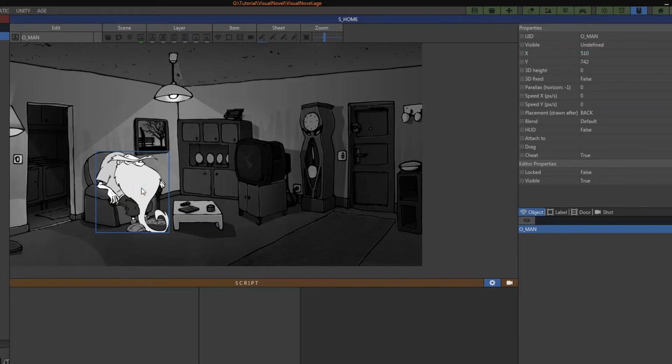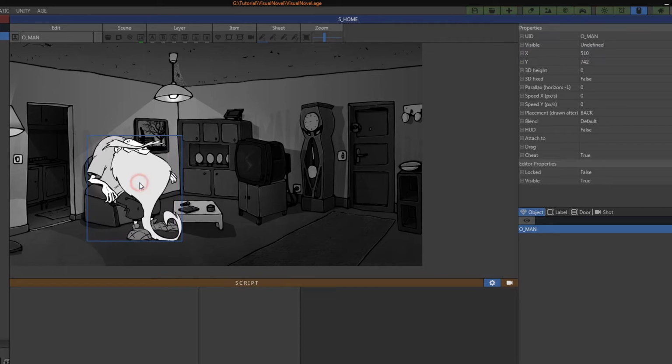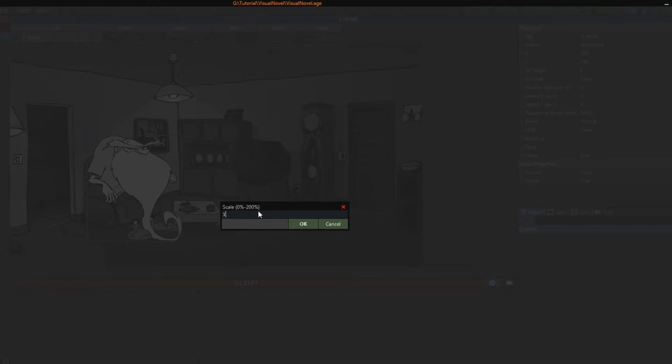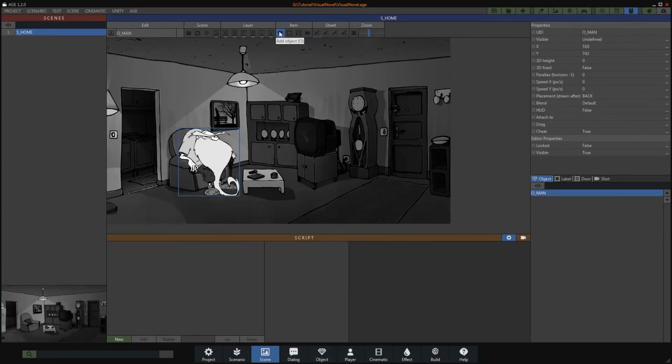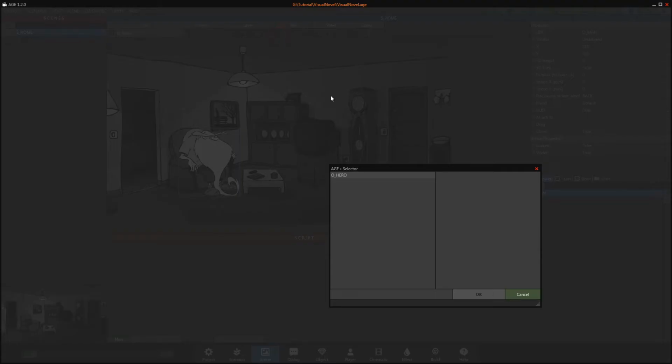If you need to adjust the scale of the object, first select the object, hold down the Ctrl and Shift keys, and use the mouse wheel down or up. If you prefer to enter the value directly, just press Ctrl and W. You must always add the hero object in a scene to have control of the player.